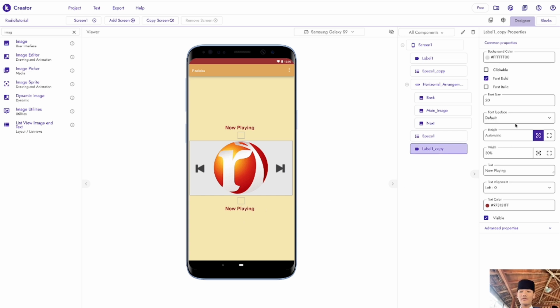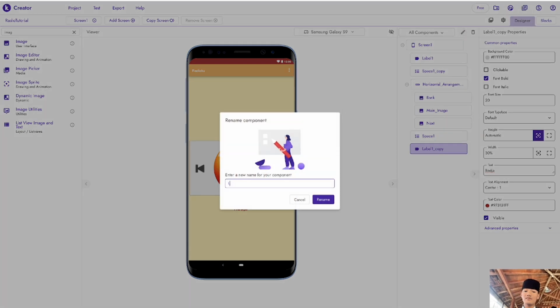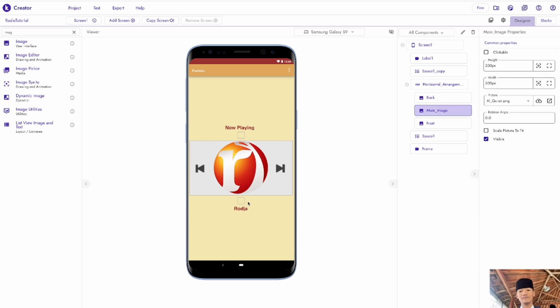So for label 1 copy, we're going to change the text to be the name of the audio. And text alignment will be center. And label 1 copy, this is going to be another main topic too. We're going to change that to be name. So it's the name of the image.